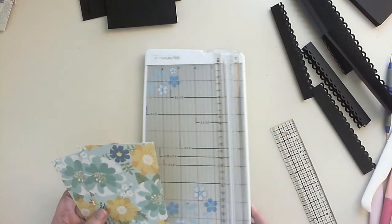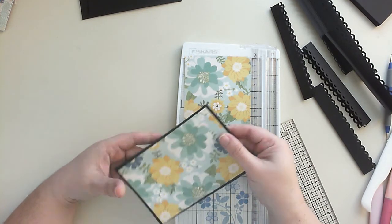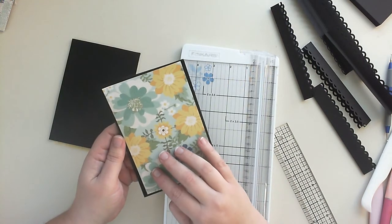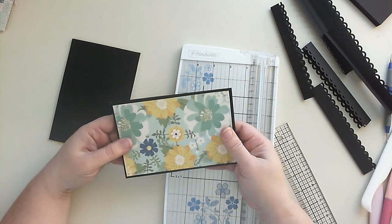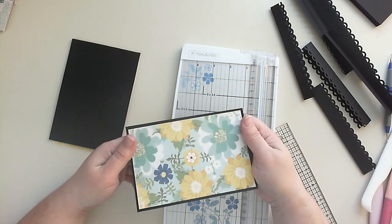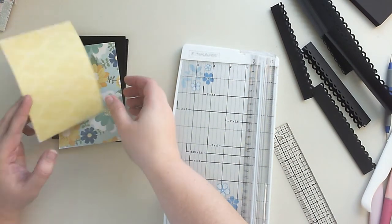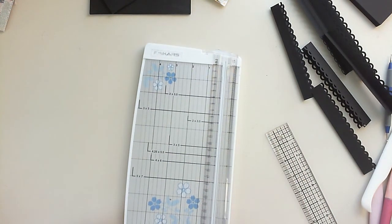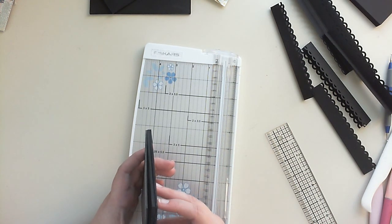Okay, so I have 2 of those. One is going to be my front cover, and one is going to be my back cover. I wonder if I should put... Nah, I'm going to leave it like that. I like that. It's good enough for me. I'm going to put those up though because I don't want to put them on yet until that stuff dries. So I have that set. Now I'm going to work on these. I know I want to